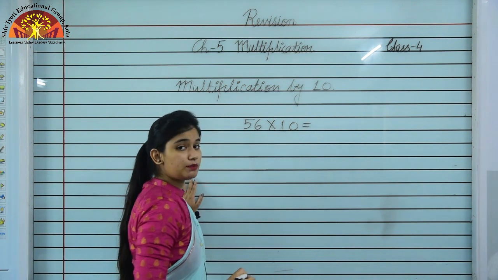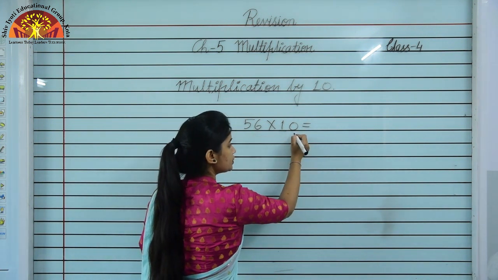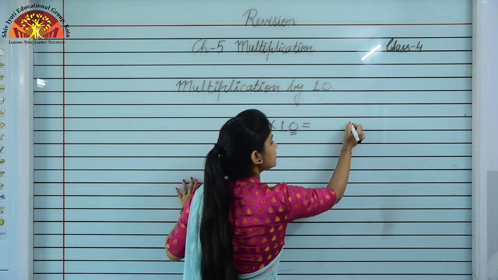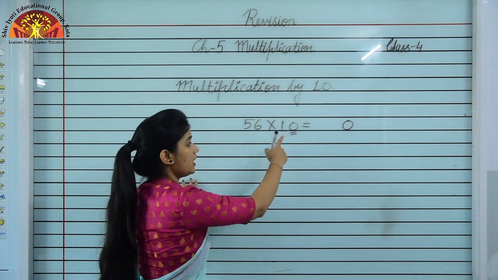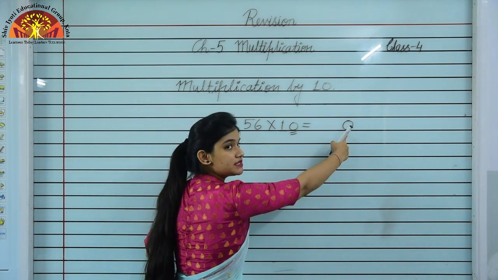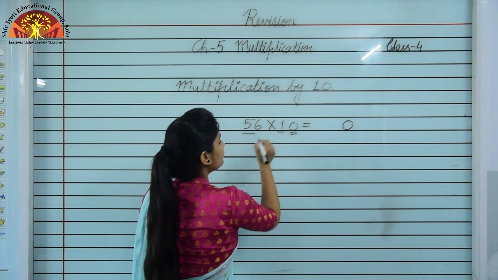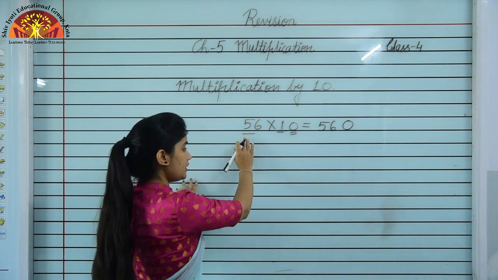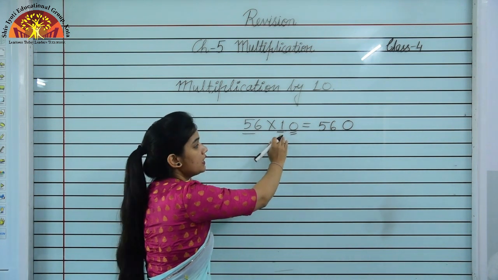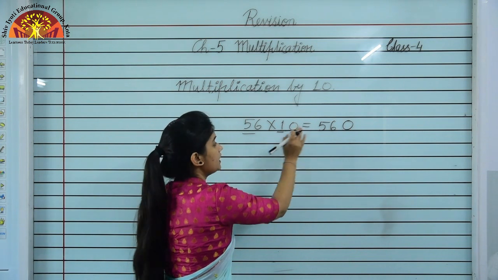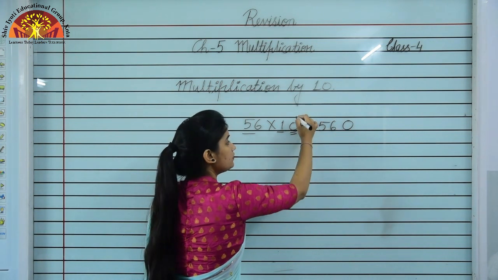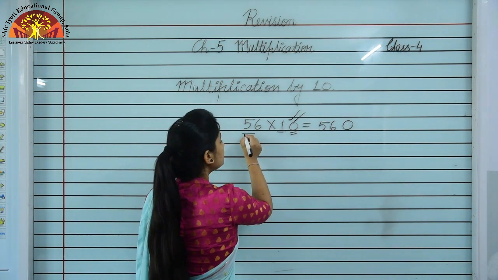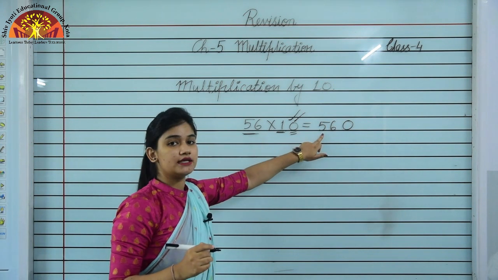इस number को मैं किससे multiply कर रही हूँ? 10 से. So in this situation you have to observe the number of 0 and we have only one 0 here. So in answer we have to put a 0. क्या करोगे? We see one 0, so you have to put single 0 in answer also. And the number will come as it is because 56 ones are 56. किसी भी नंबर को आप 1 से मल्टीप्लाई करोगे, the result will be the number itself. It means you have to put the number of 0 that is given here. जो भी number of 0 आपको given है, you have to put there and you have to write the number as it is. That is 56.